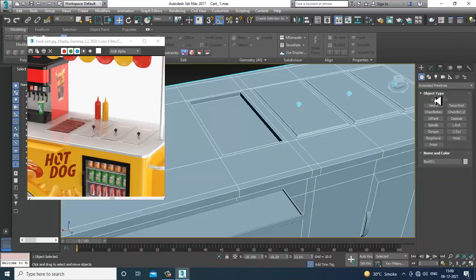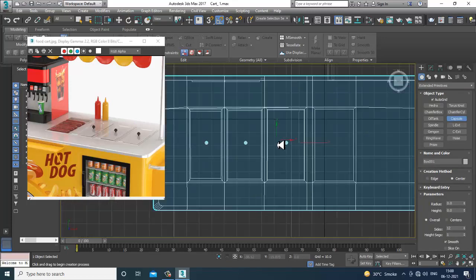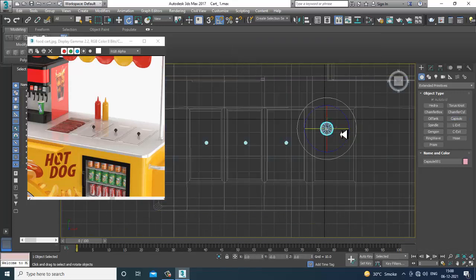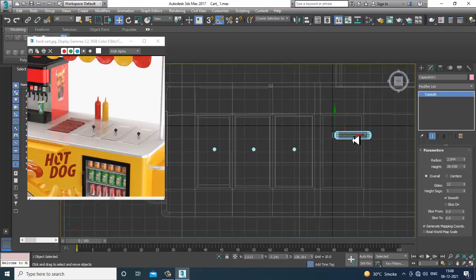For that, what I can use over here is a capsule or an oil tank, anything you can use. So I'll just rotate it. So reduce the radius and reduce the height over here.